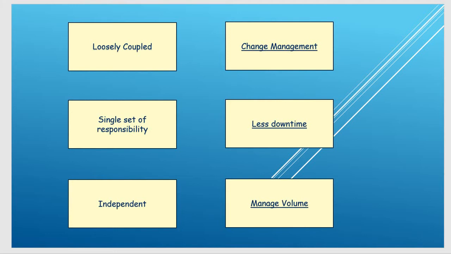So next is advantages, like loosely coupled. You already know that they are coupled but loosely, so they don't impact each other. They work independently. You can bring down one microservice, you can scale a microservice, and it will not impact the others. Single set of responsibility: every microservice has its own dedicated tasks that it needs to perform, and it helps the customers as well, like